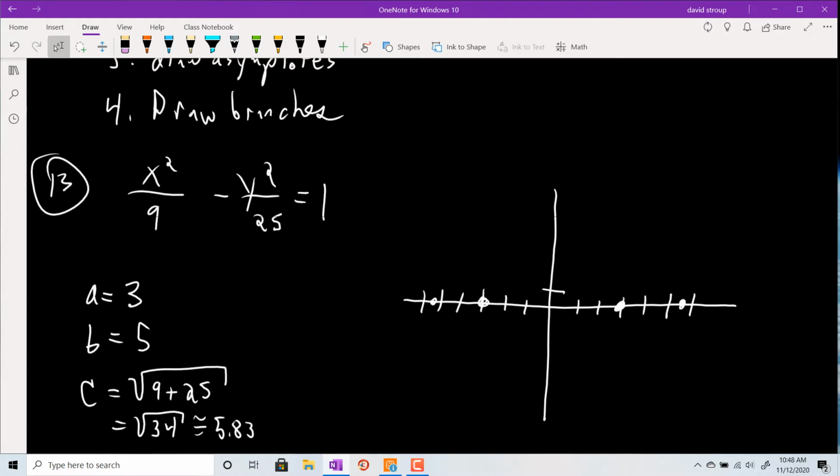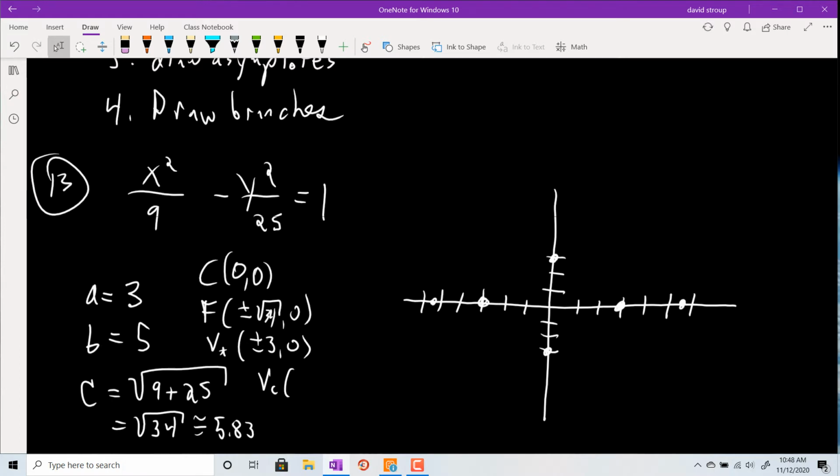And then up and down, 1, 2, 3 for those guys. So as you go, if the computer asks for it, there's the center. The foci will be at plus or minus root 34, comma 0. The vertices on the transverse axis will be plus or minus 3, comma 0. Vertices on the conjugate axis, 0, comma plus or minus 5, sorry. Okay,